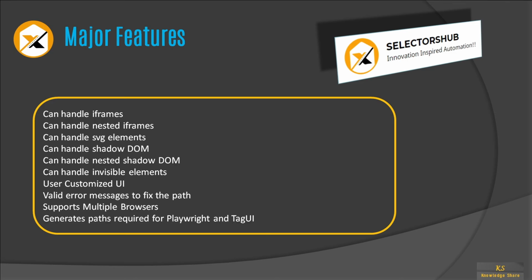So I think we don't need beyond this basically, but using Selector Hub tool will save a lot of time with these features. Okay, I request everyone to download this plugin, start using it and observe the timings. Observe how it is saving your time, and if you have any suggestions, just go to the community blog of Selector Hub and post your suggestions. Selector Hub will take care of your feedback and keep on updating this tool, and it's helping a lot.